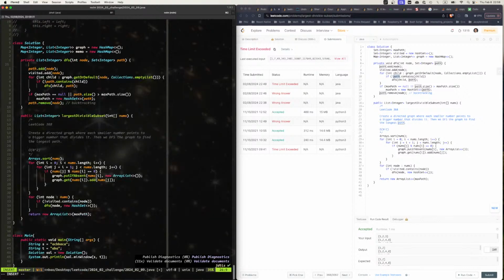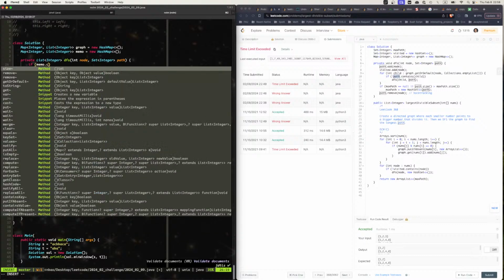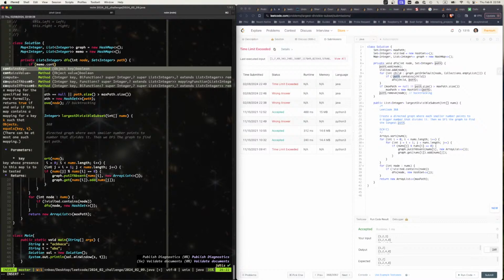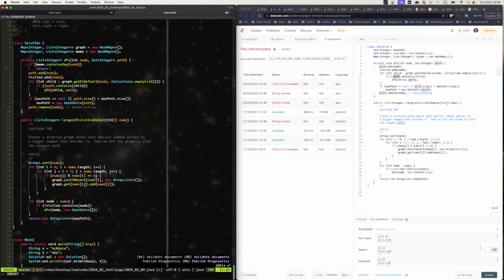So if, let's say, memo.contains key node, right? Then I just return memo.get node. Boom, done. If memo does not contain,